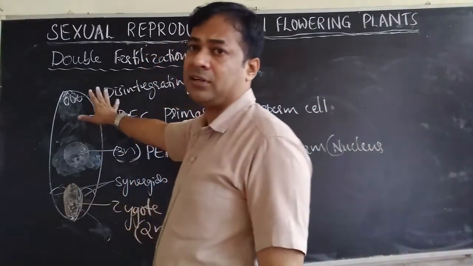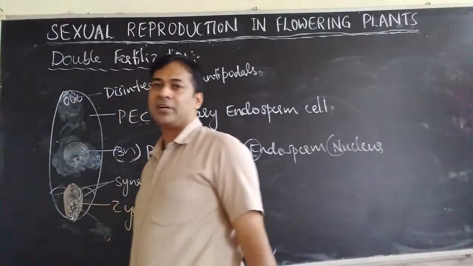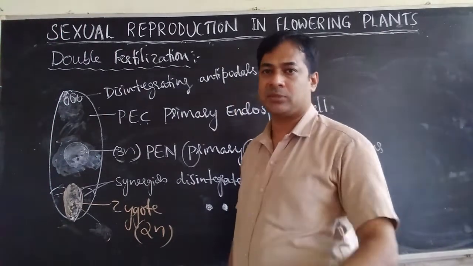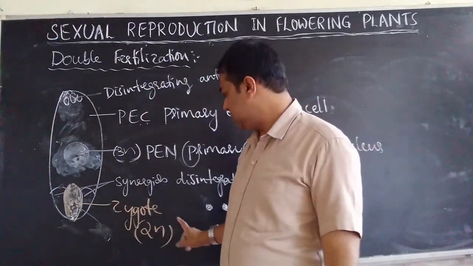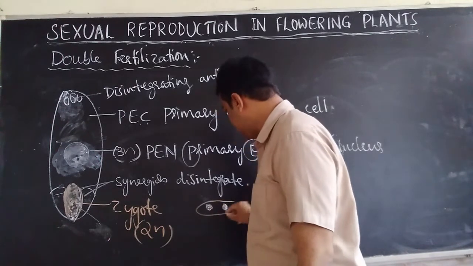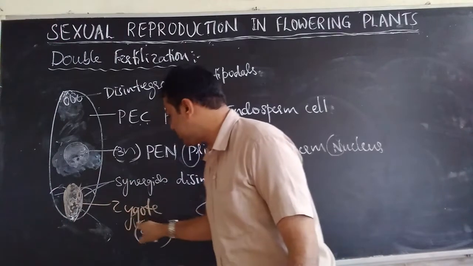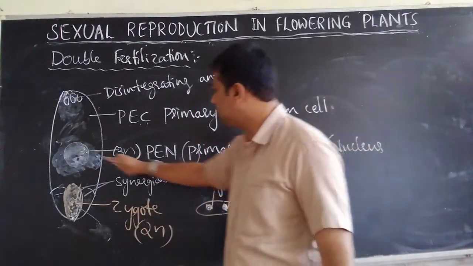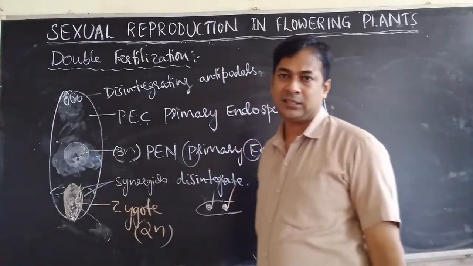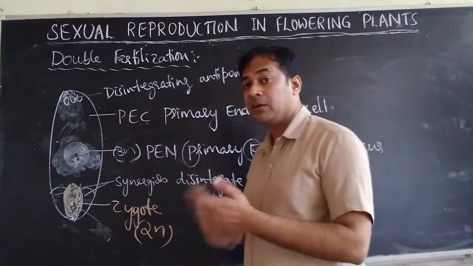Till now whatever we have learned is fertilization, double fertilization. Why is it called double fertilization? Because fertilization happens 2 times. First fertilization is when the pollen tube contains 2 gametes. The first one fuses with the egg and produces the zygote. The second one fuses with the polar nuclei and forms a primary endosperm nucleus. Then the fertilization is over. Next what we are learning is